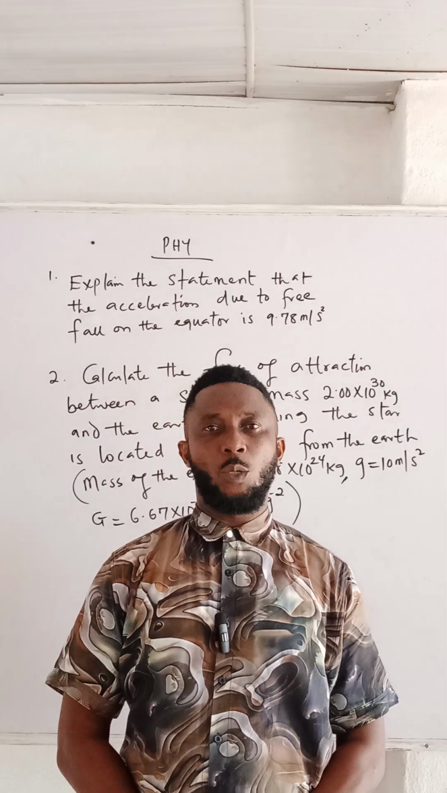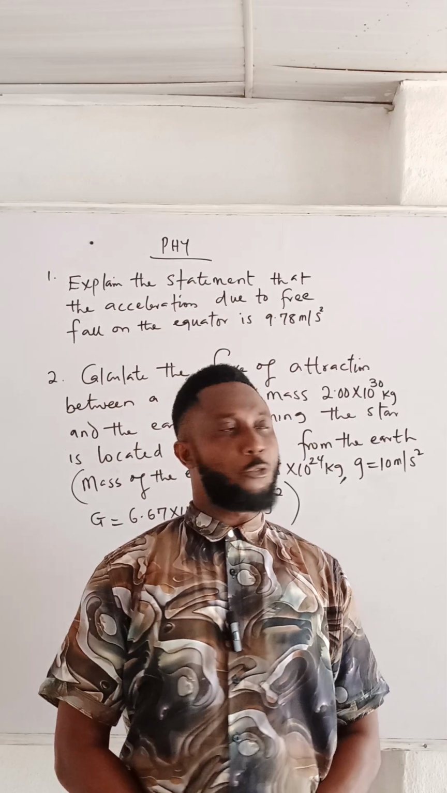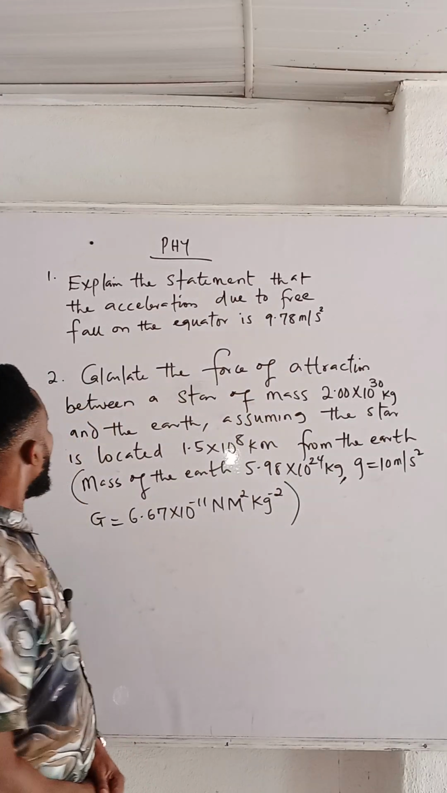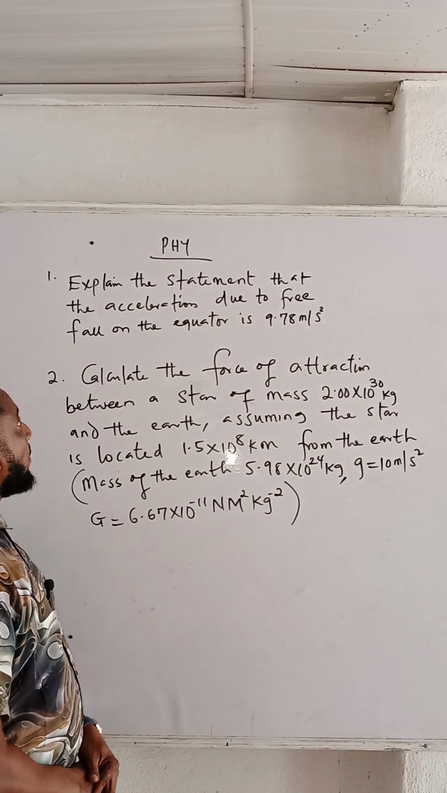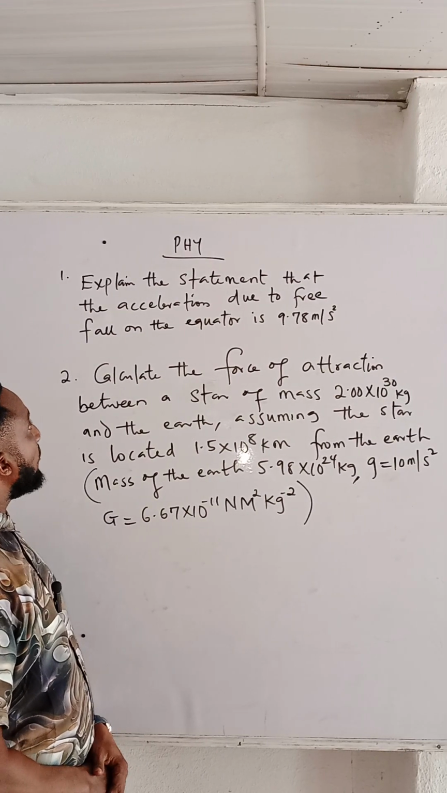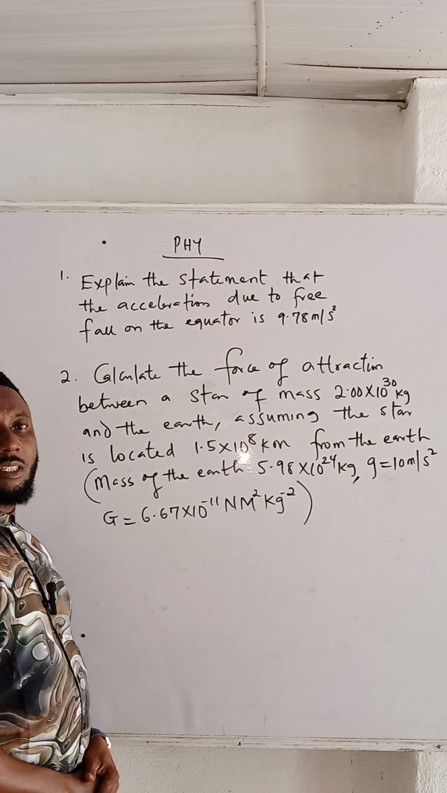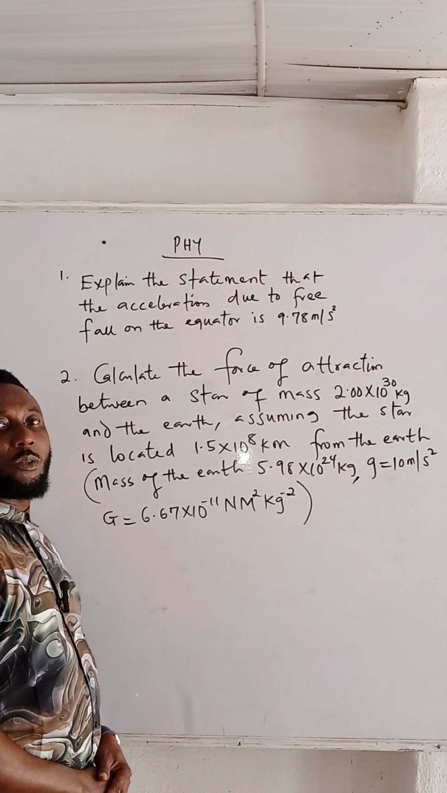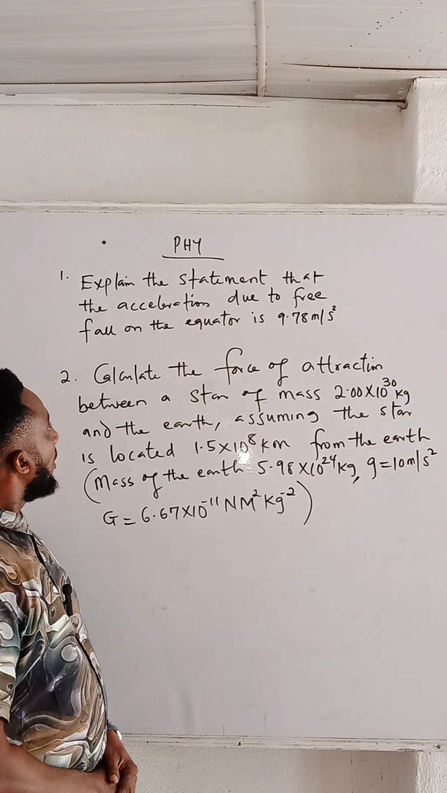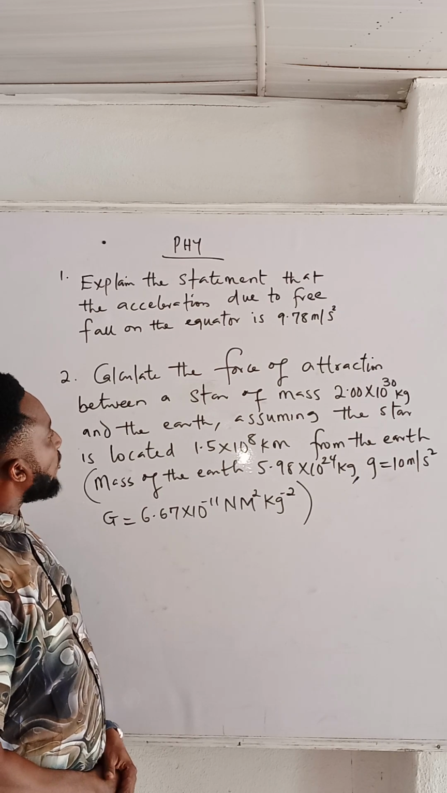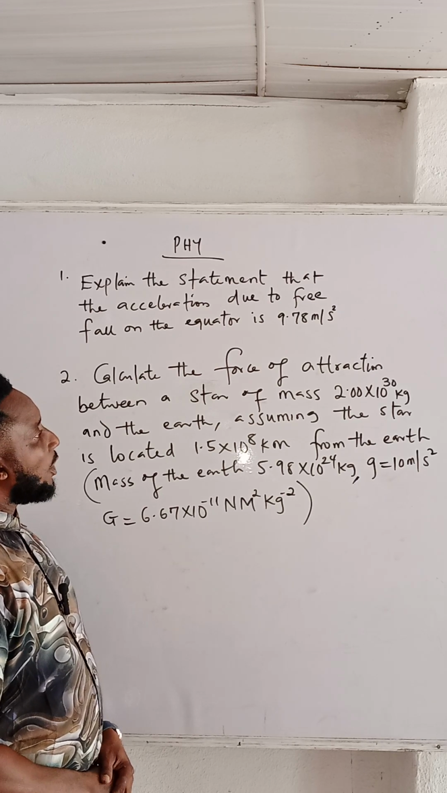Today we shall take a look at these two physics questions. The first one is: explain the statement that the acceleration due to free fall on the equator is 9.78 meters per second squared. The second question: we have to calculate the force of attraction between a star of mass